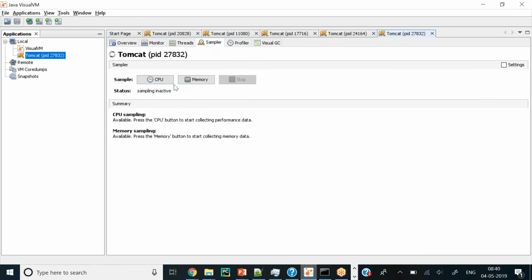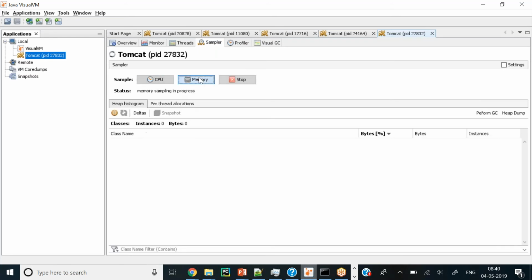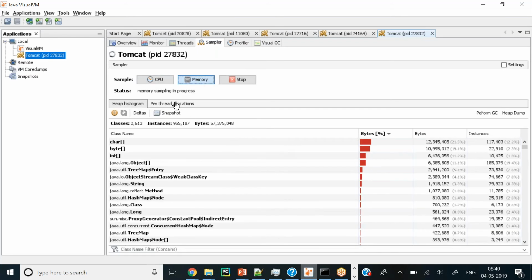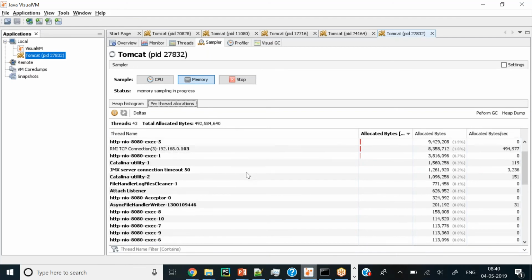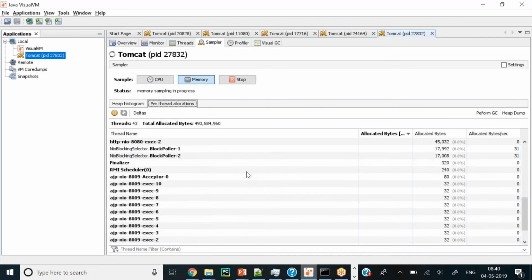CPU sampling I don't want to do. If I click on memory, I can see the per-thread allocation. You can see these thread names, the HTTP NIO threads, which are being used by your application.